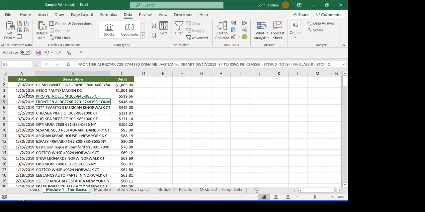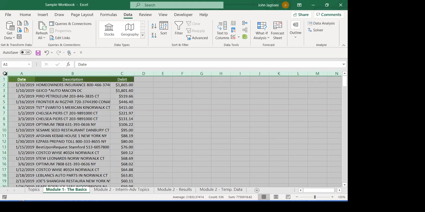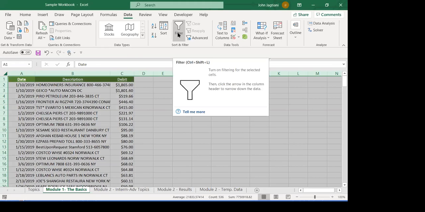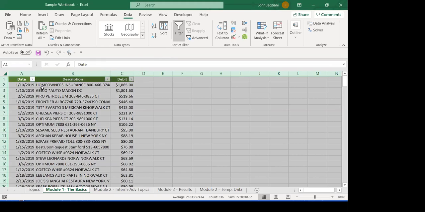Now, there's another cool little thing you can do if you select the same thing, and that's called filter. I'm pretty sure most of you have done sort, but you may not have done filter. So let me show you how filter works. When you click it, it automatically puts little arrows on the data set, and that means you can filter. So say I want to only